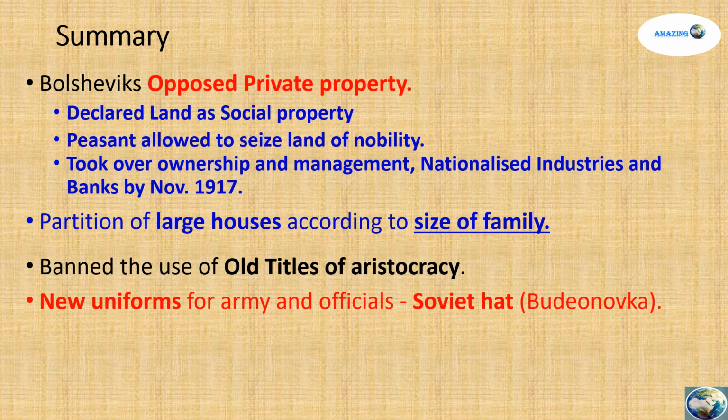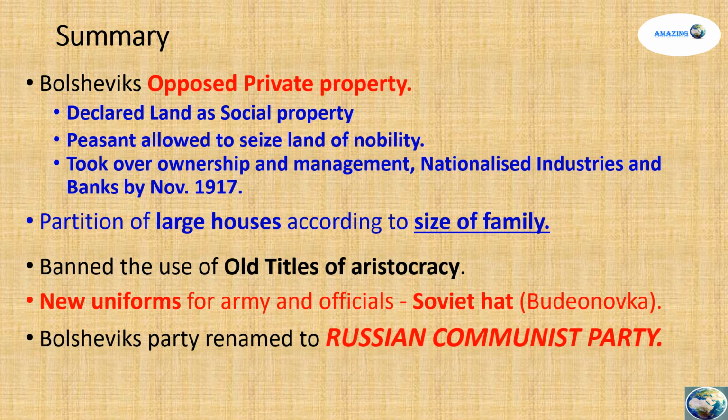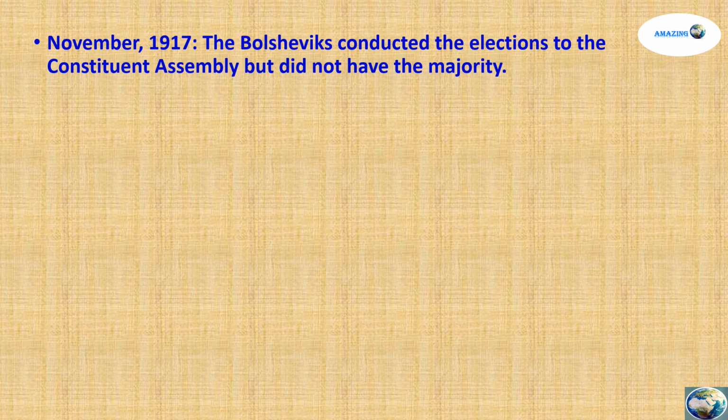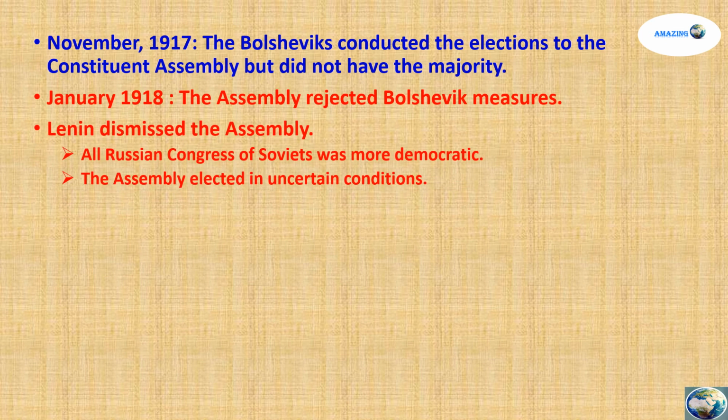New uniforms for the army and officials. The Soviet hat was introduced. The Bolshevik Party was renamed the Russian Communist Party. Apart from this, by November 1917, the Bolsheviks conducted the election to the Constituent Assembly but did not have a majority. In January 1918, the Assembly rejected Bolshevik measures, but Lenin immediately dissolved the Assembly on two factors, saying that the